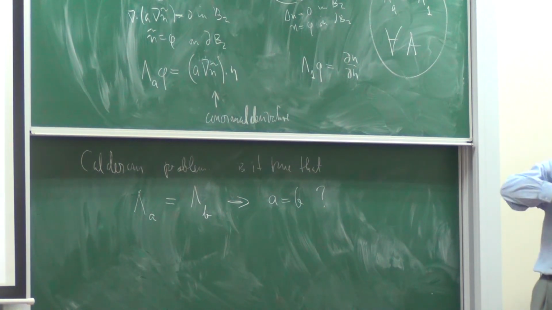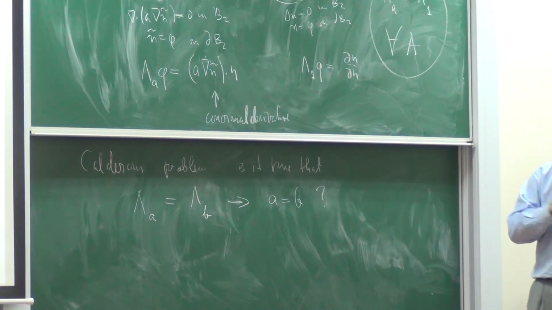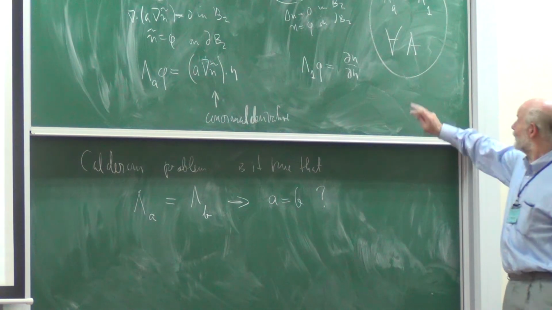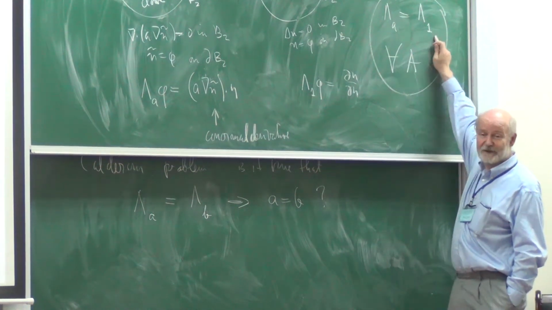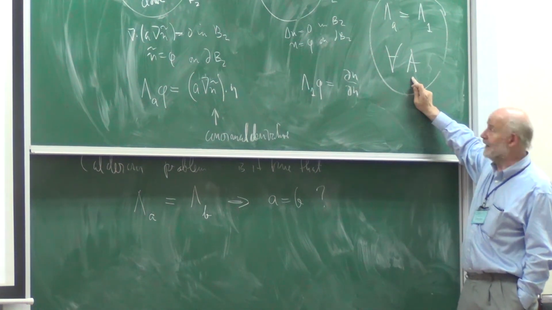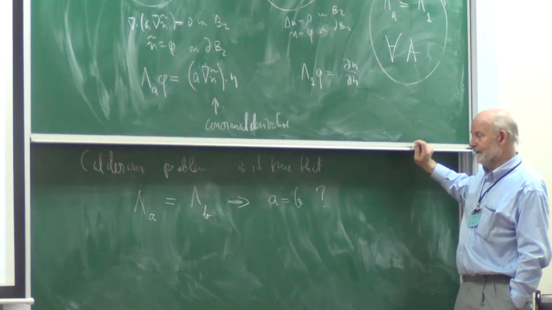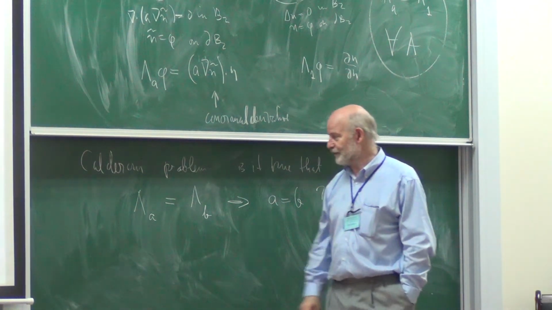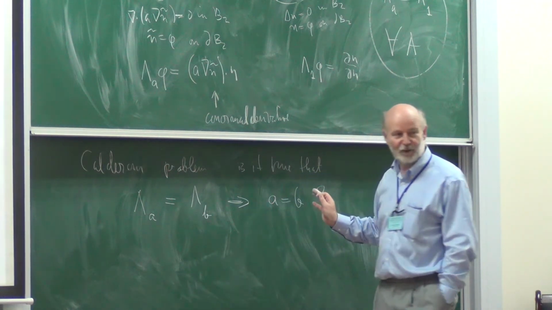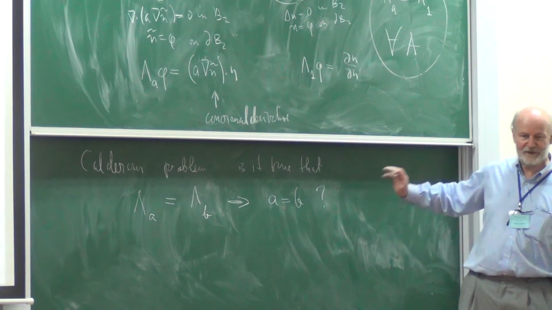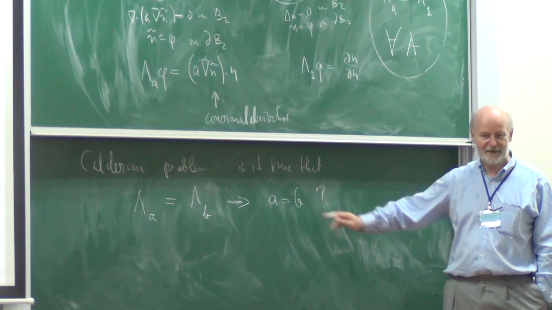And I'm being very vague, and I'm going to want to quantify it a lot more and make sure that we get a precise statement. But this would sort of contradict cloaking, because cloaking would say that I could make lambda A equal to lambda 1 for all A, in spite of the fact that this A here is not 1. And here, I have this problem that was posed by Calderon: is it really true that if I have two Dirichlet-to-Neumann data maps that are the same, then the coefficients are the same inside? And of course, if this is true, I can't cloak. And since I came here to give you a talk about cloaking, there must be something